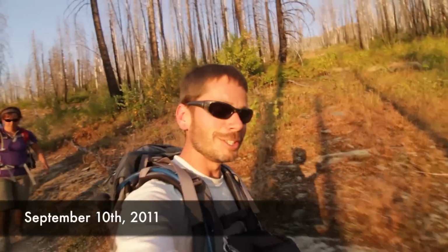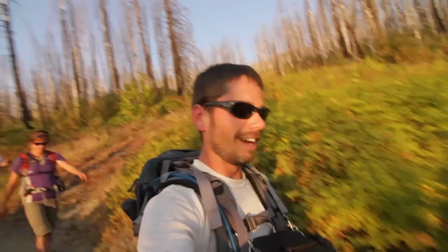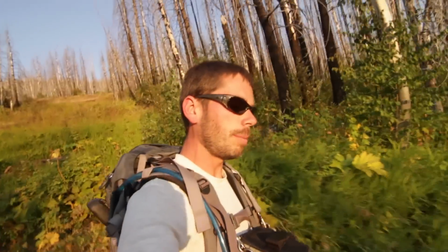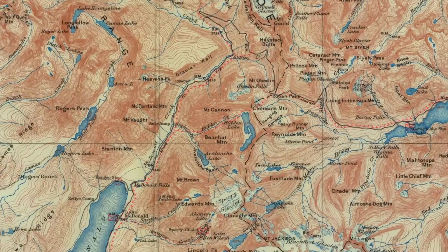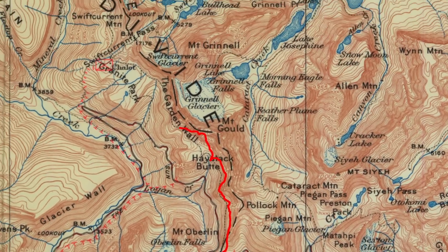Today was the Highline Trail. I'm hiking with Kim and Jeremy, and I just love this hike. It's fantastic. There's two ways to do it. You can either start at the loop and work your way up to the pass, to Logan Pass, but we did the starting at Logan Pass and worked our way down past Haystack Butte, Granite Park Chalet, down over to